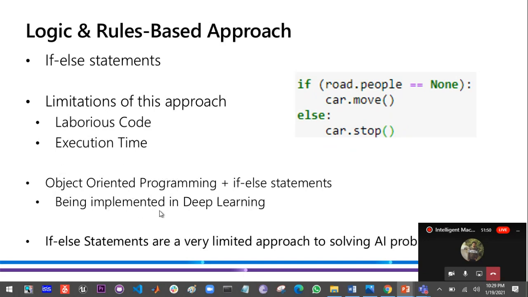Again, if you don't know about object-oriented programming, that's fine. I will be providing a link to that resource as well. So they're making use of if-else statements here. I've created this small sample code, which says that if road.people, this is object-oriented programming, we've made use of classes and objects, is none, then the car will move,